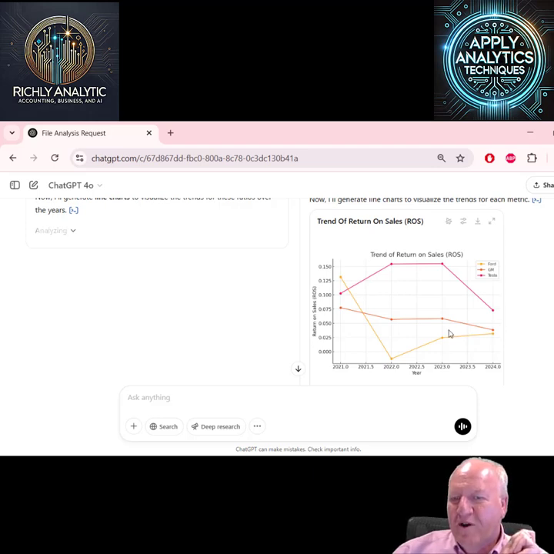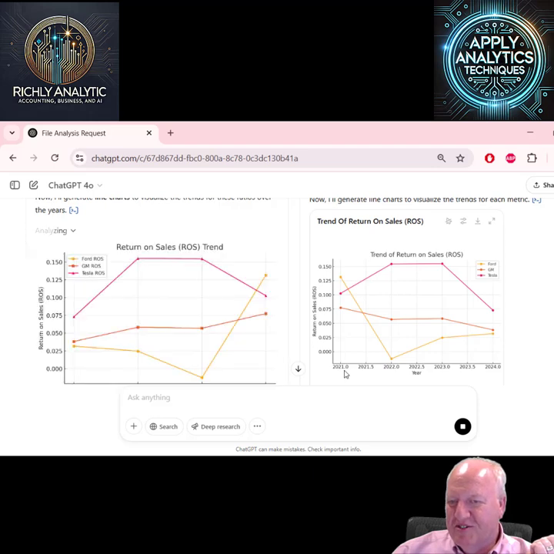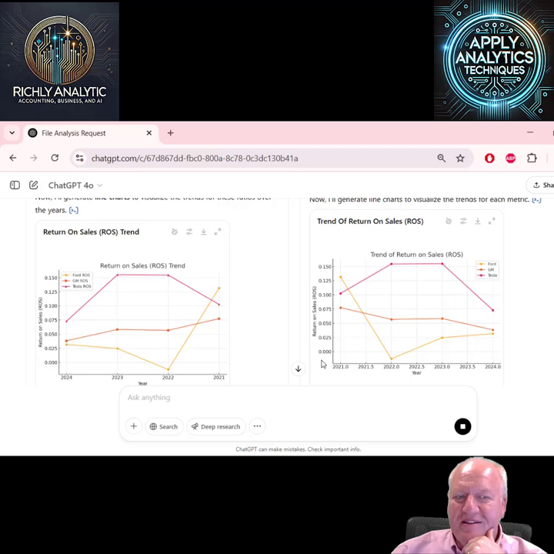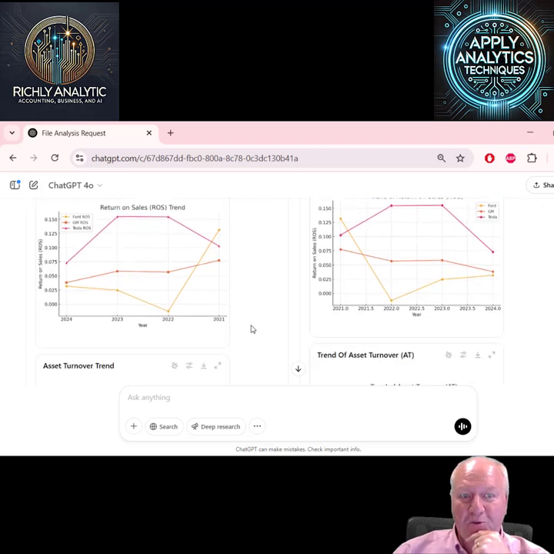So here is one of the dimensions, which is return on sales. And so we're seeing in general Tesla has higher profit margins, though that has changed over time. We're also seeing a little bit unusual years here, 2021, 2022. We don't have any other data points, but you can kind of see what that looks like there. All right, so we're kind of seeing a difference between these two.